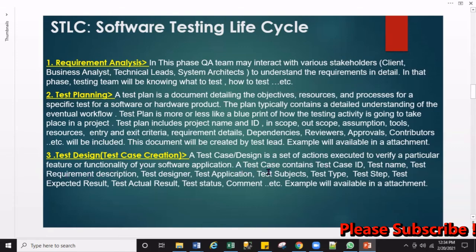A test case contains test case ID, test name, test requirement description, test designer, test application, test subject, test type, test steps, test execution, expected result, actual result, status, comment, and so many things. Based upon the company requirement, a test case will cover all those headings.